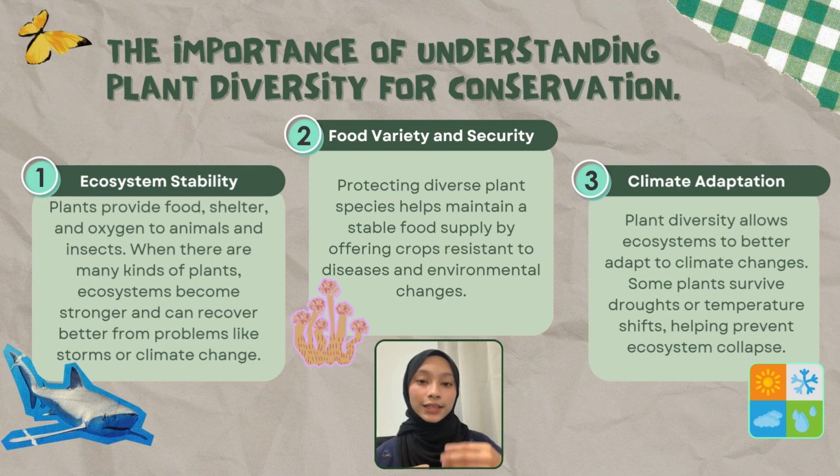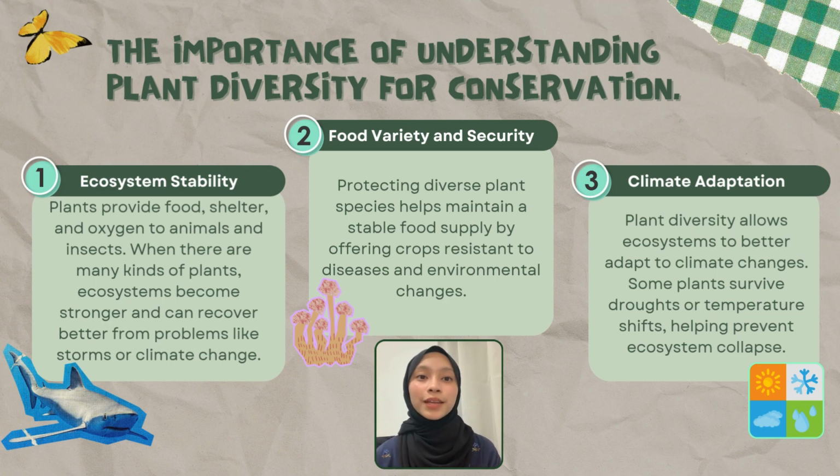Next is food variety and security. Protecting diverse plant species helps to maintain a stable food supply by offering crops that are resistant to disease and environmental changes. For instance, if a disease hits one type of rice, the other varieties can still grow and feed